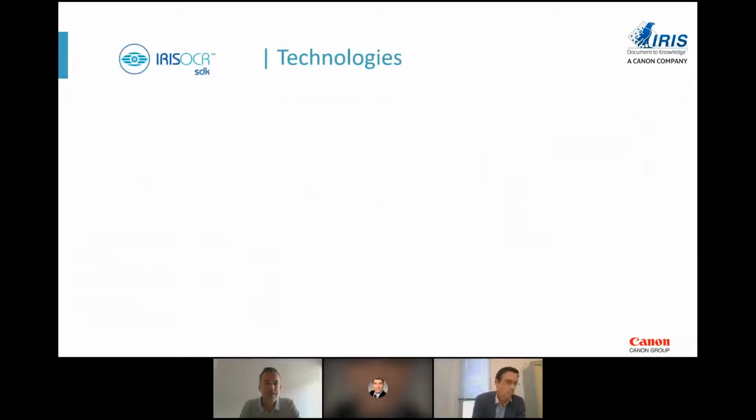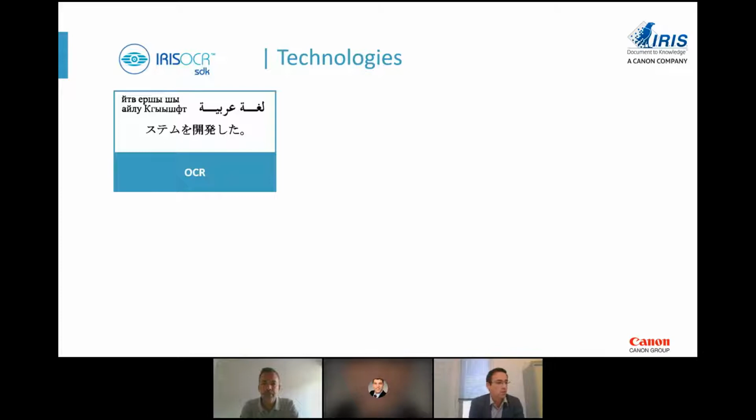The most general toolkit that we have is the IRIS OCR SDK. But it doesn't only include OCR. It, of course, includes OCR in a lot of different languages. So we have all the European languages, but also some Cyrillic languages. The Greek alphabet we support. We support some Asian languages, and we've added some of them recently, by the way. We also support Arabic. This is something that we've been developing for 30 years, and we keep on adding new ones.